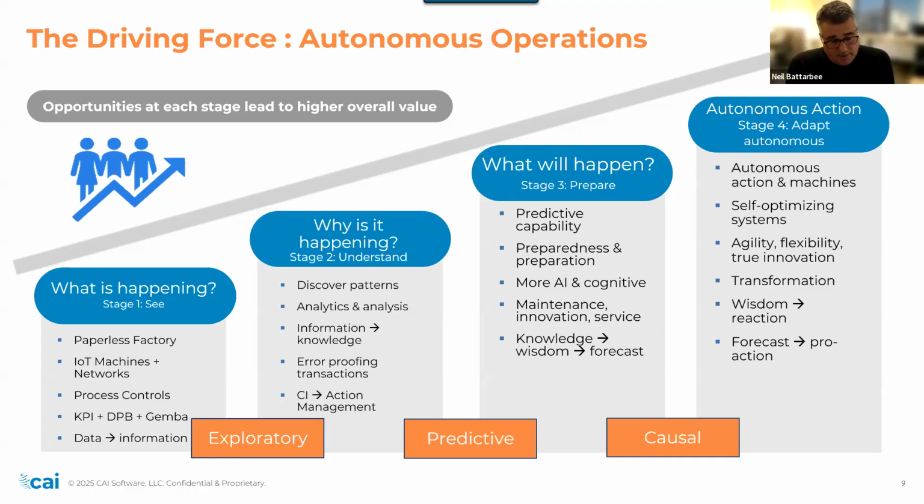I guarantee that you guys are all having conversations, you're all part of conversations internally, right? How can we leverage this AI model, that AI model? What use cases can we solve for faster by leveraging AI? That predictive, the third column there, what will happen, is where everyone wants to be, right? You want that predictive capability of a problem, so the support team can be involved in supporting the assets, humans, machines on the shop floor and get ahead